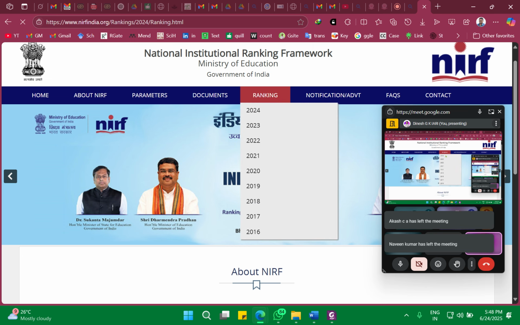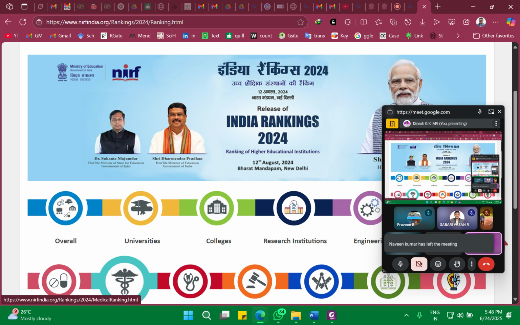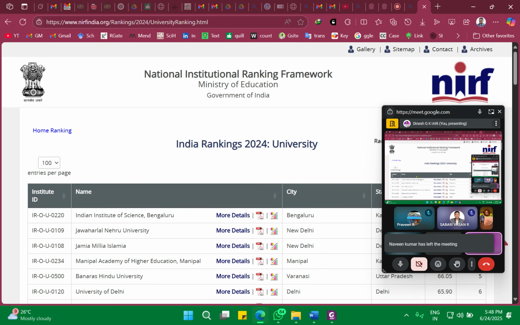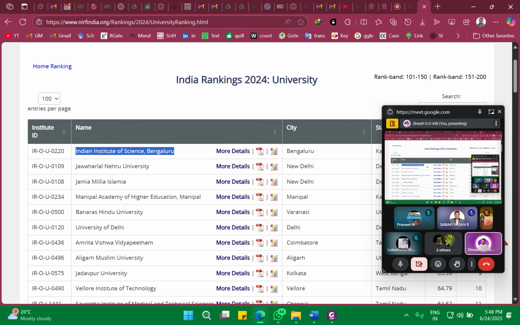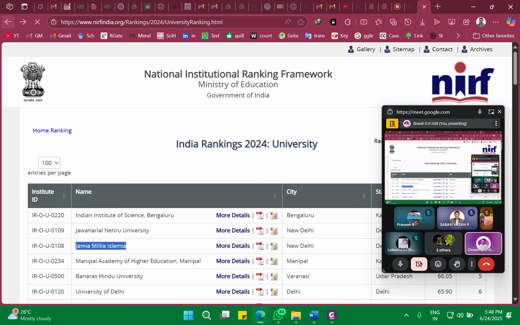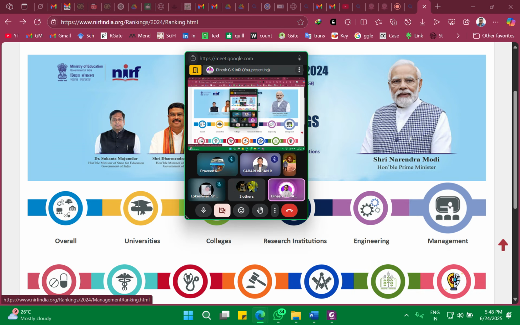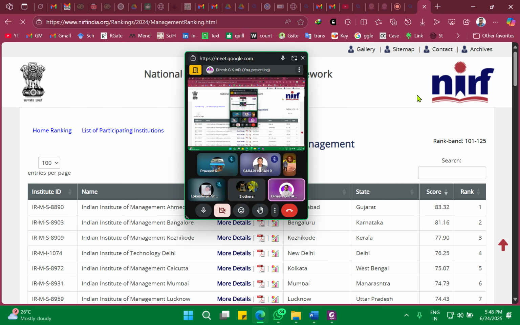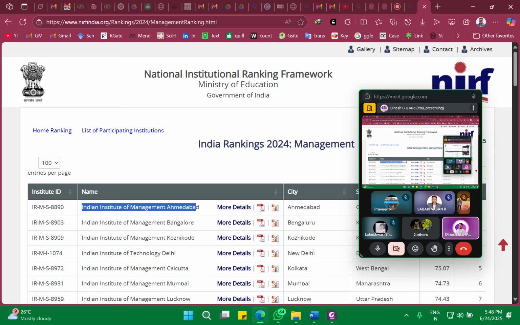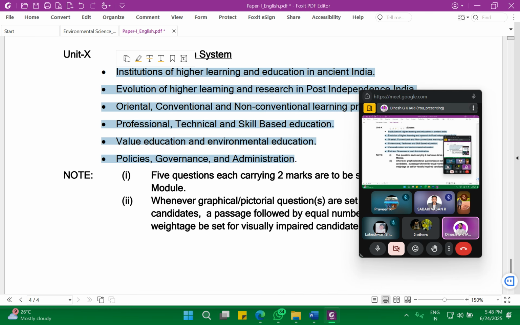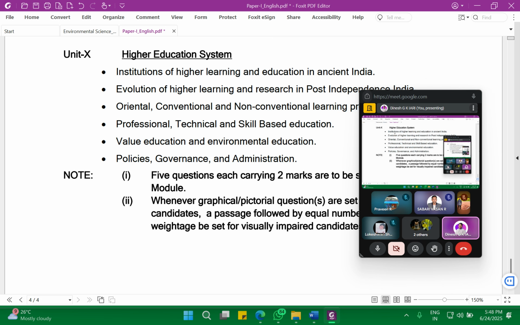So you can click ranking. So they may ask which university is number 1, like that they may ask. So it is IISc Bangalore, and second is JNU, that is Jawaharlal Nehru University, and third one is Jamia Millia Islamia. So likewise they may ask some questions. Sometimes they may ask under management category which institute scored first rank. So it is IIM Ahmedabad. So likewise you can go through this, and we are expecting at least one question from this NIRF ranking,